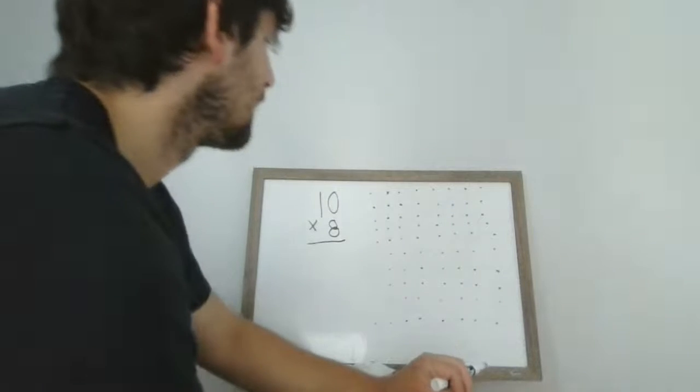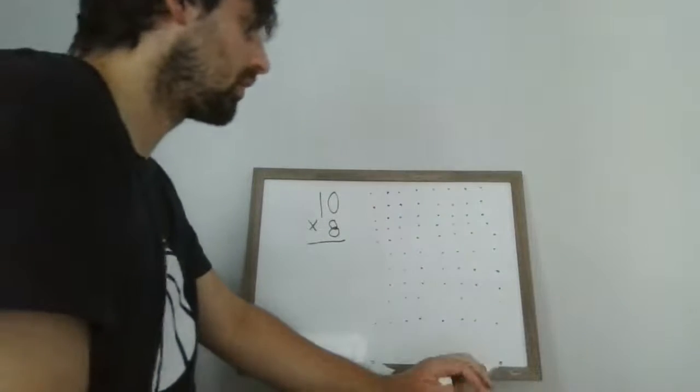Ten rows of 8. So I have 10 rows of 8 dots. I'm going to count the total number of dots and